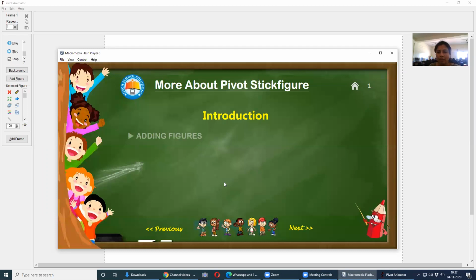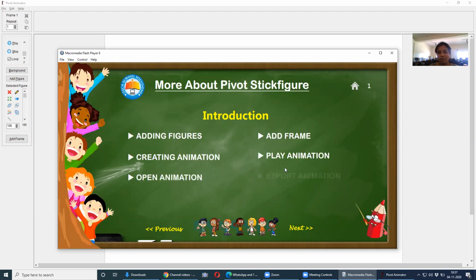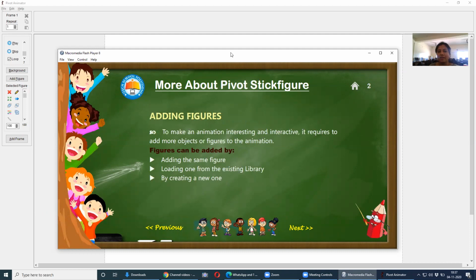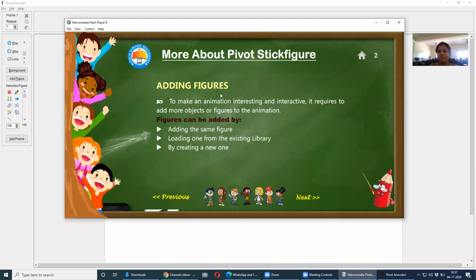For this chapter, what are we going to learn about? We are going to learn about adding new figures, adding frames, creating animation, playing animations, opening animations, and exporting animations. See children, we have learned about this already. Adding a figure. To make an animation interesting and interactive, it requires adding more objects or figures to the